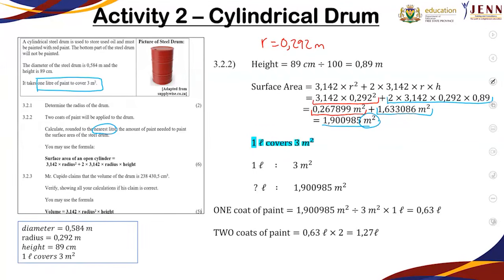What does my question want? It wants something to the nearest liter. So let me just rewrite it again. 1 liter is equivalent to 3 meters squared. My question is to calculate the liters, so my question mark is going to be on the liters. Then my ratio mark. Now what is the area that I must paint? We got it from here, which is